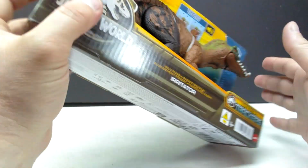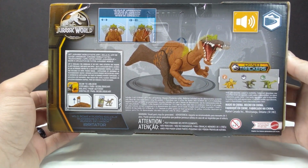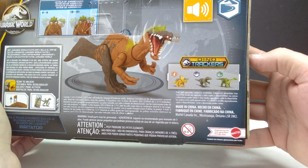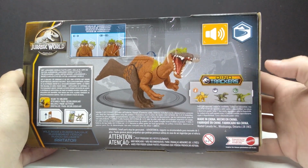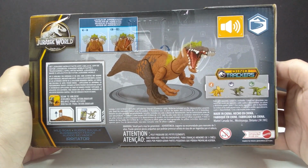the Dino Trackers line, and then if we turn it around, you can see a sneak peek of the Irritator here, the action feature that it has going on, along with an image over here of the Regaloceratops, Orcoraptor, and Nigersaurus, which we have reviewed all of those already on the channel. If you are interested in checking out reviews of those, definitely check the other videos out here on the channel. But again, like I said, so psyched to see this, so let's pop it out of the box and check